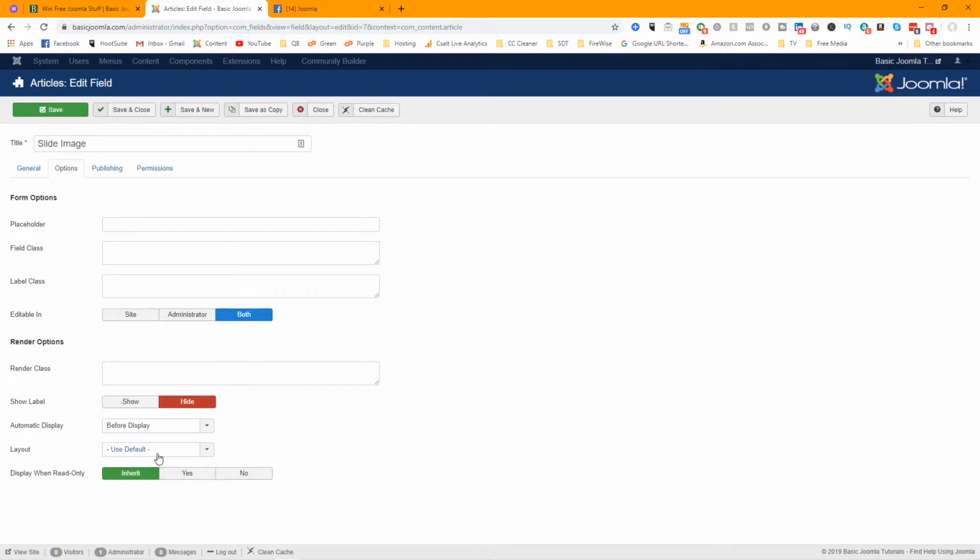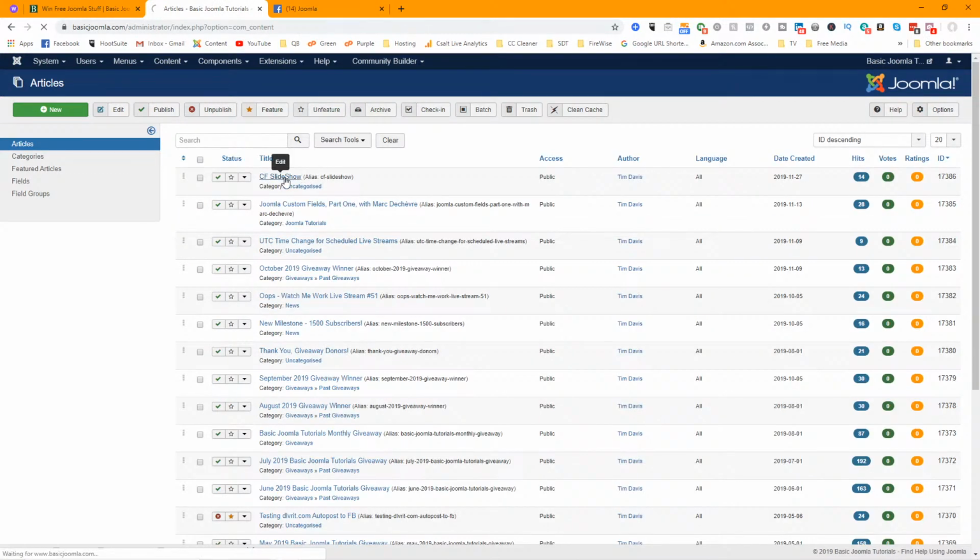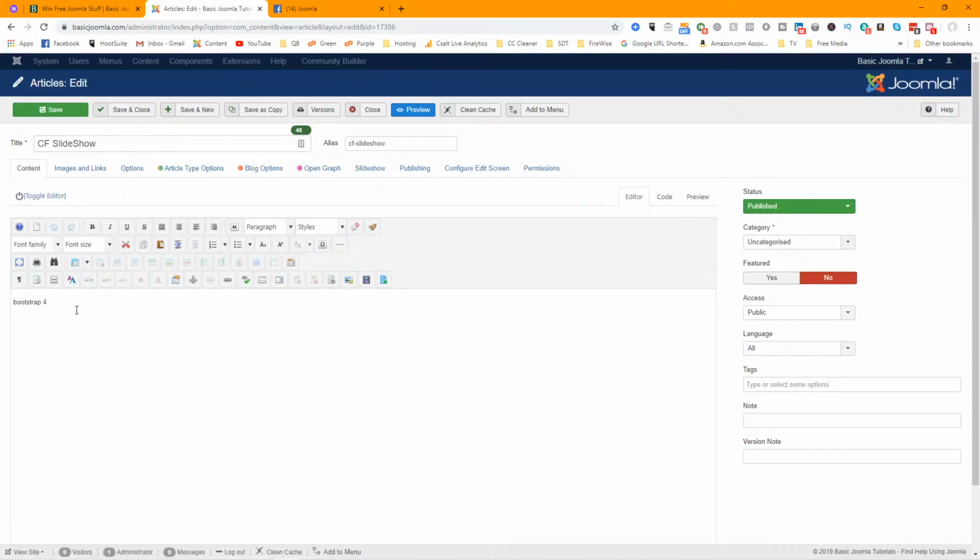All right, so anyway, as you can see, I already have this set up this far from last night. So then, what really gets bad is this is where I went off the rails last night. So I have, I don't know what I called it, CF Slideshow Custom Fields. And what I did was wrecked it. I created the field, but if I go save and preview this page,